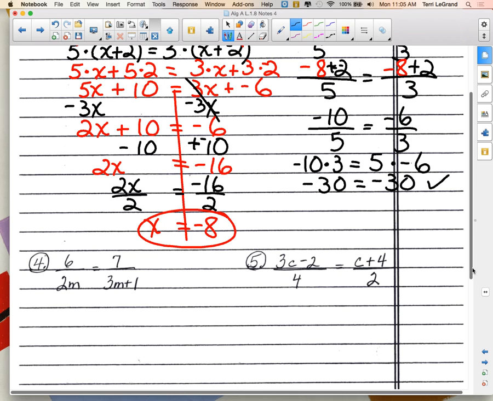Okay, we're stopping here. We're not going to do 4 and 5 today. We'll do those tomorrow. So don't put those notes away. Keep them out. Get out your loose